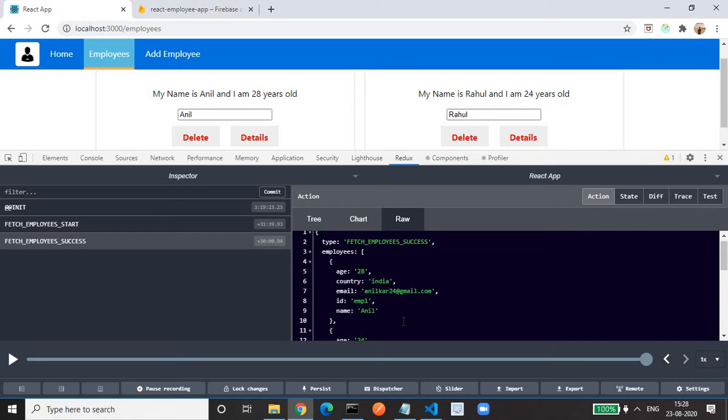And what is the advantage here? Our application is not that complex. Actually, Redux is utilized when we have a complex application having a large amount of data or a large number of components. So in a larger application, if you want to pass data from parent to child component or any other component, either we have to pass that in the URL or by using props.